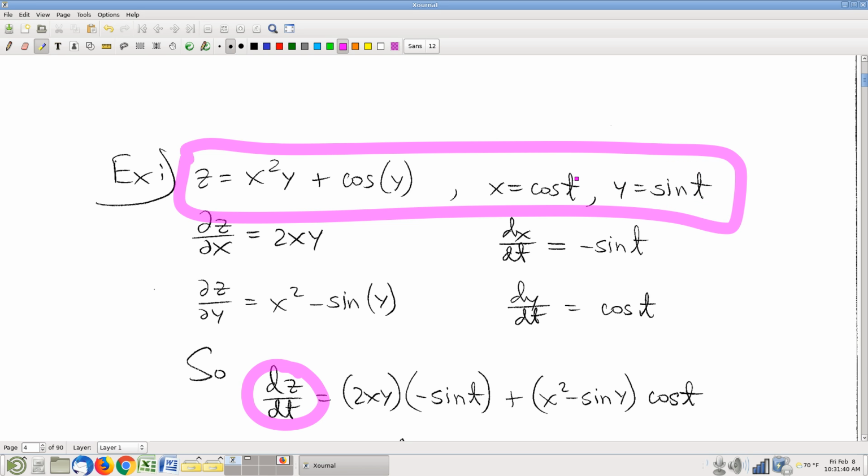Find dz dt. Why would I put this question on the exam? I think the perfectly clear answer is because I want to test whether you're proficient in executing the multivariable chain rule. So give it to me. Does that make sense? Is everybody happy with that? Now, outside of the context of Math 212,